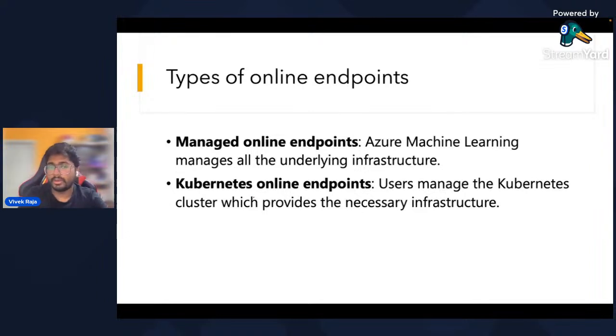Today we are definitely not going to deep dive into Kubernetes, but we are going to see how you can deploy to it, which makes your online deployments much more efficient and lets you manage the necessary resources as well. We'll see more about Kubernetes somewhere down the line in a different session. But today we are going to learn that you can also deploy to Kubernetes.